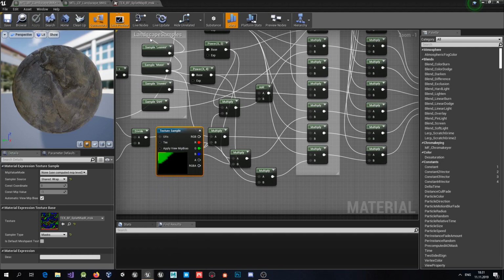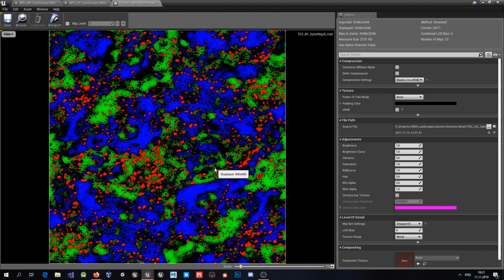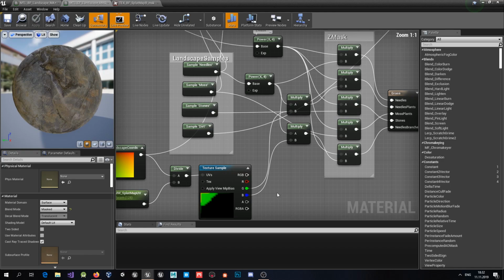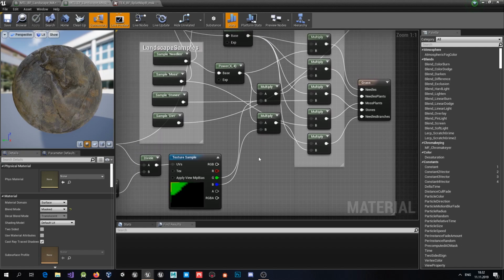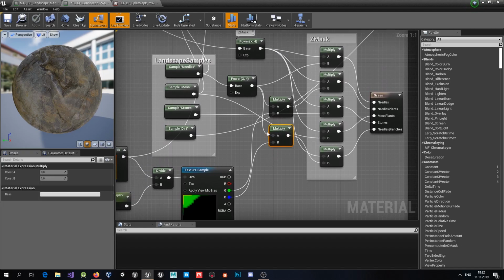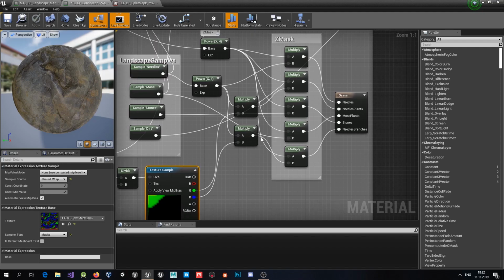So if you look at here, you can see blue, green and red, and here you have also green, blue and red, and here you can see for example needles is using split map here,